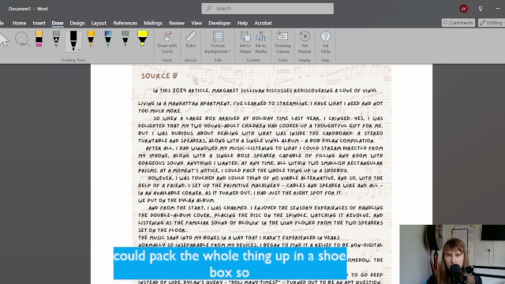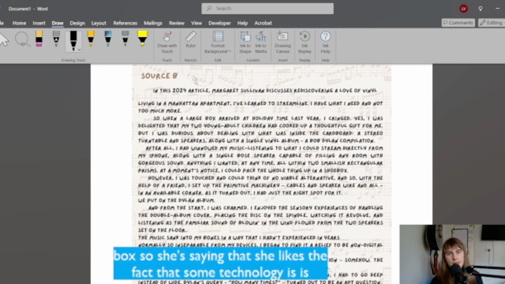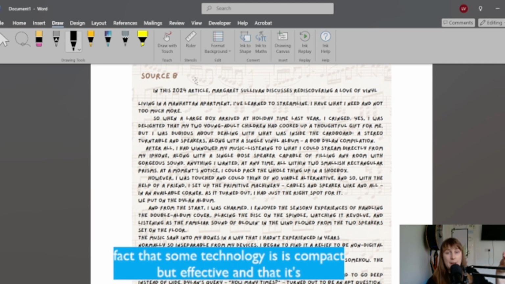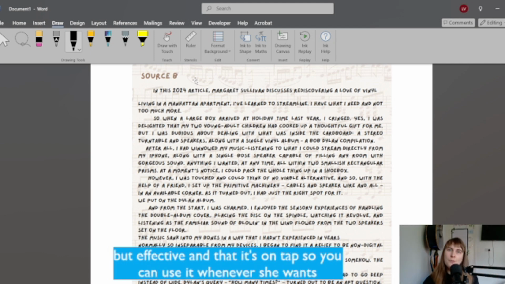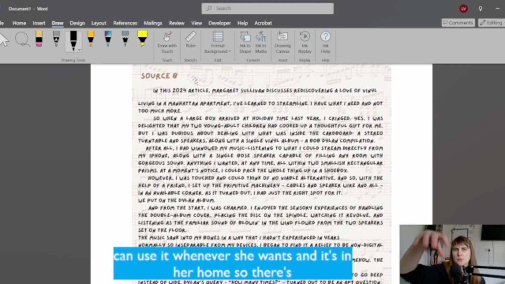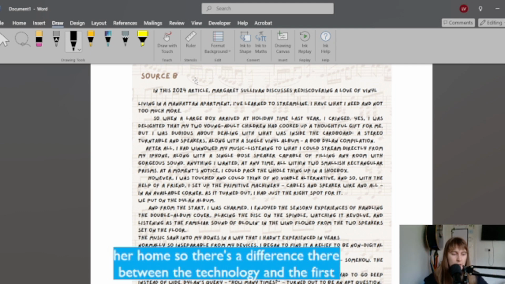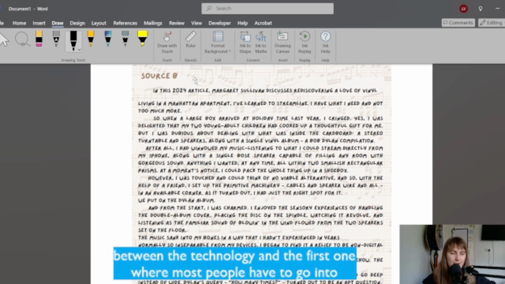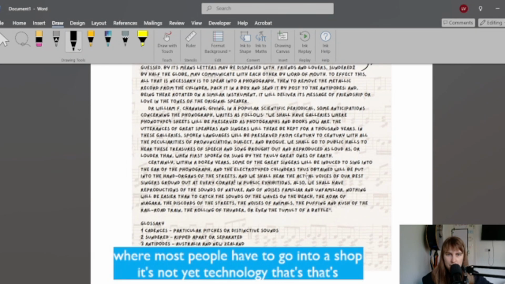So she's saying that she likes the fact that some technology is compact but effective, and that it's on tap, so she can use it whenever she wants, and it's in her home. So there's a difference there between the technology in the first one, where most people have to go into a shop. It's not yet technology that's in their home. If we look back to it,